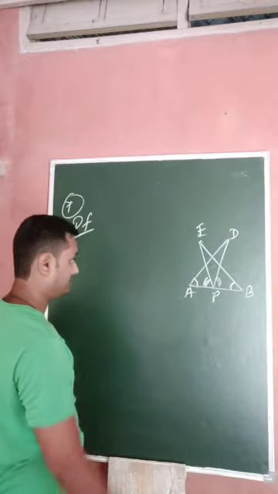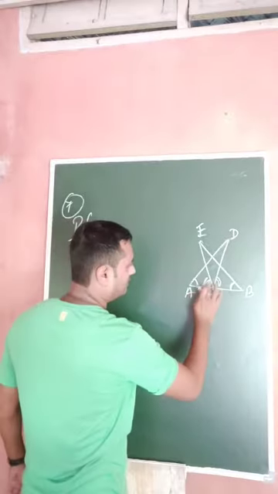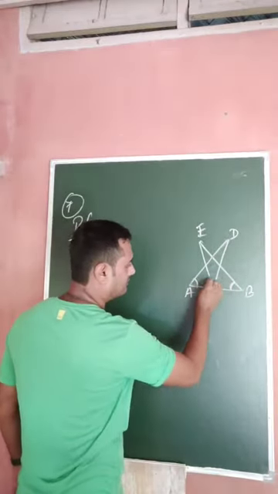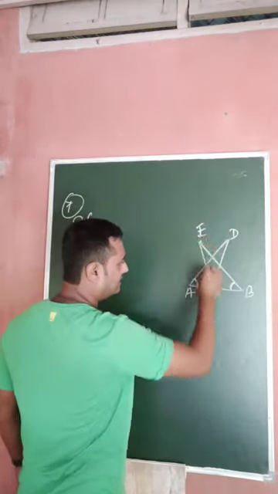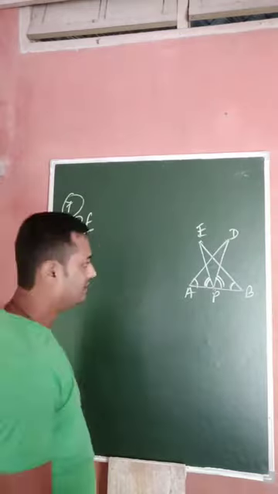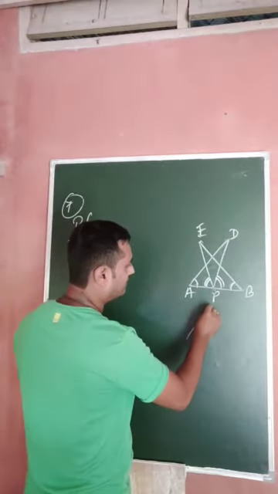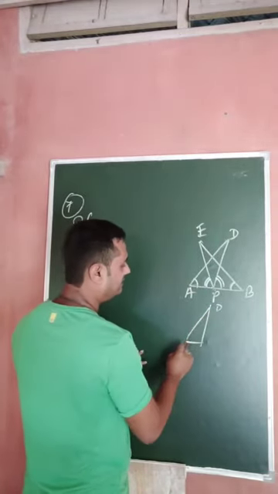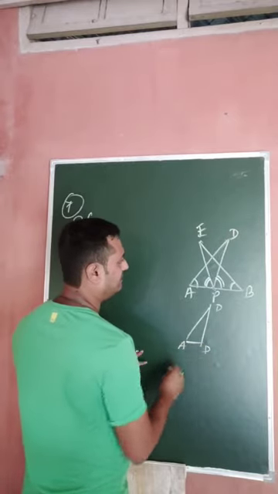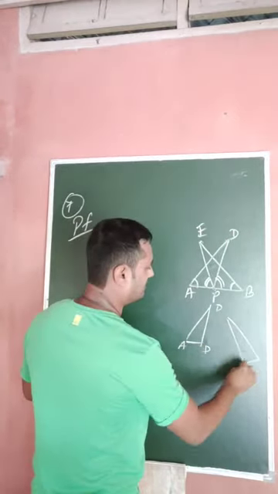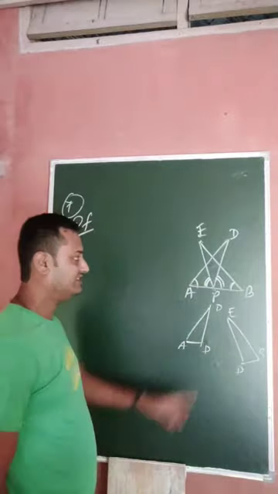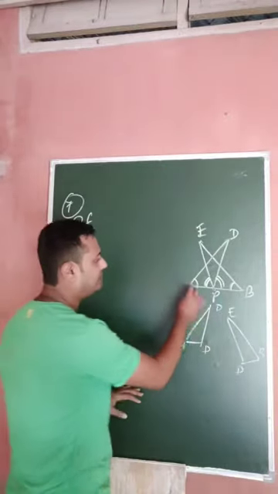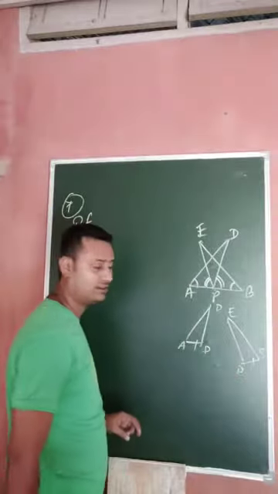So look at this one. This angle, that means EPA, and this angle, that means DPB, are equal. They are given. Our target is to prove these two triangles, this one is DAP and this one is triangle EBP. Since P is the midpoint, AP and BP are equal. One thing is equal, given.